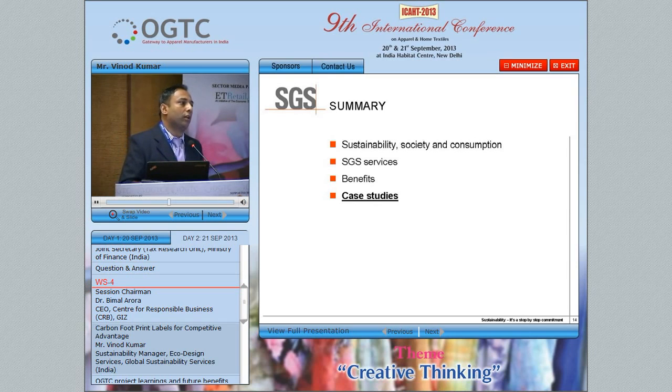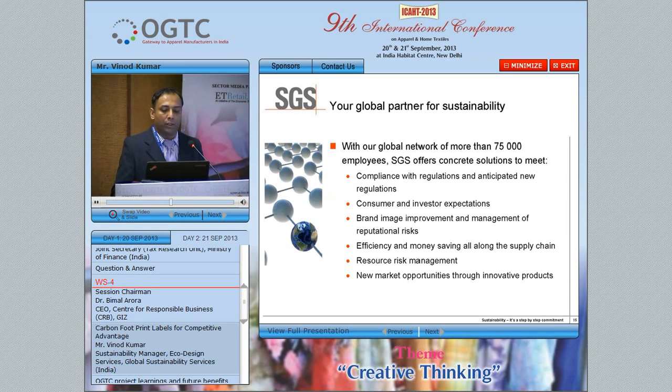Some states like Gujarat, they are also giving incentives to companies who are starting the mega project or those who are starting the innovation project in these states. Say I'm talking about like the state of Gujarat. But again, the industrial policy of Gujarat says that if you are starting up a mega project, then in that case you need to have a great emphasis on environment in terms of calculating the carbon footprint or doing the life cycle assessment. So at the end, your global partner for sustainability with our global network of 75,000 employees across